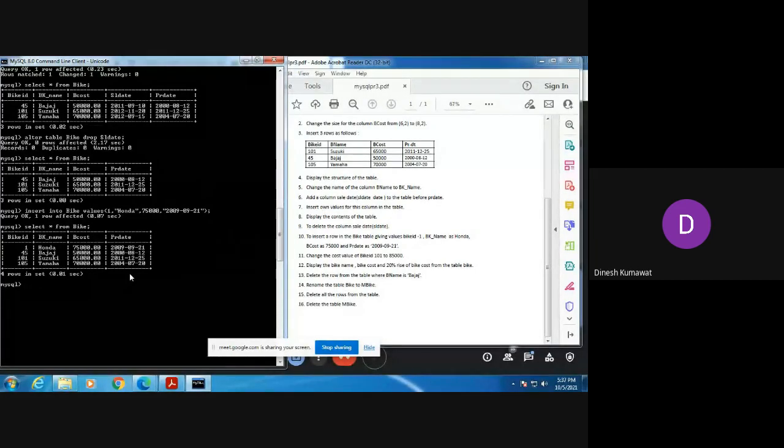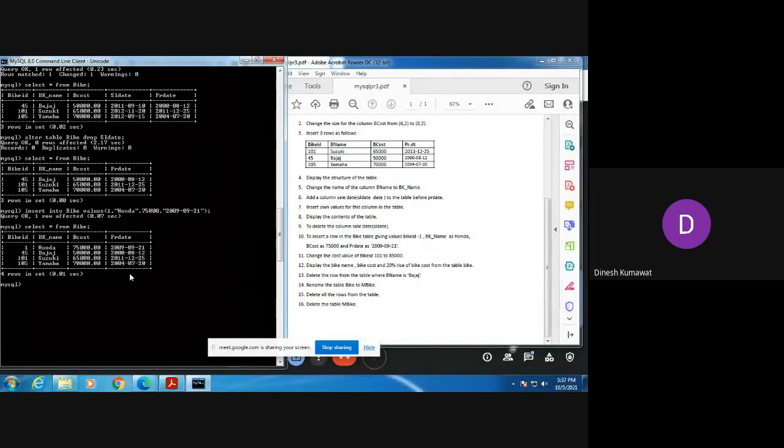Now let's move on to the next question, that is change the cost value of bike ID 101 to 85000. Okay, remember, cost value of bike ID 101 to 85000. Now first of all tell me what is the value for this bike ID 101 in my original table.